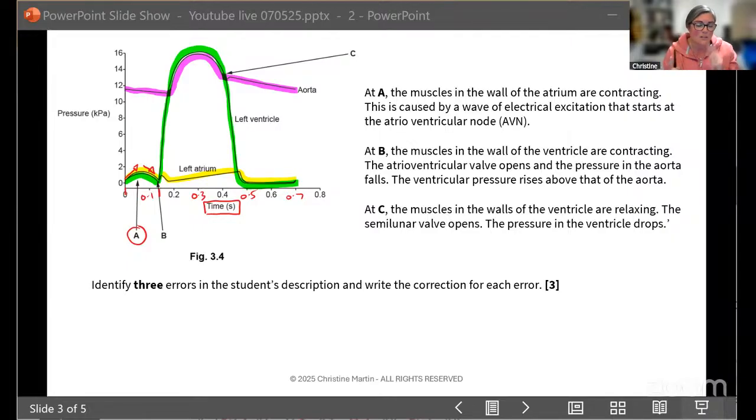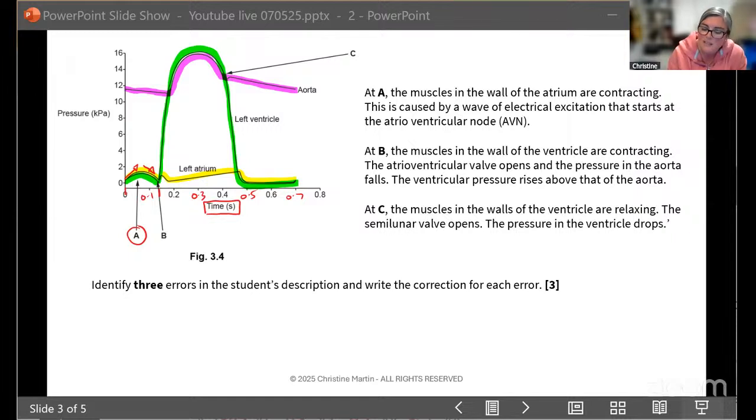Now, this isn't answering this question. Remember, I never just answer the questions that are in front of me because they're never going to give it to you in exactly the same way. What they're going to do is they're going to assess that knowledge in whatever the way they want to. So they'll use the same graphs again, but they'll just ask different questions relating to that. So make sure you do give timings. It's going up, it's going down, for example.